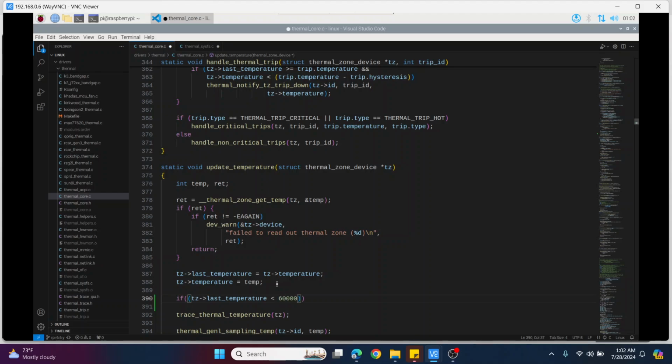Over here the temperature is always read in milli-degrees Celsius, because of which we will be typing in 60,000. This is basically Linux code for the Raspberry Pi, which I have already downloaded. So if the previous temperature was below 60 and the current temperature is greater than or equal to 60,